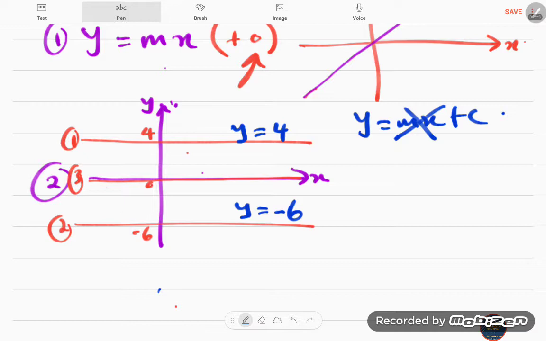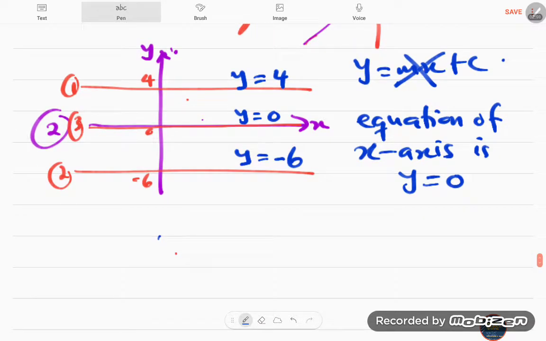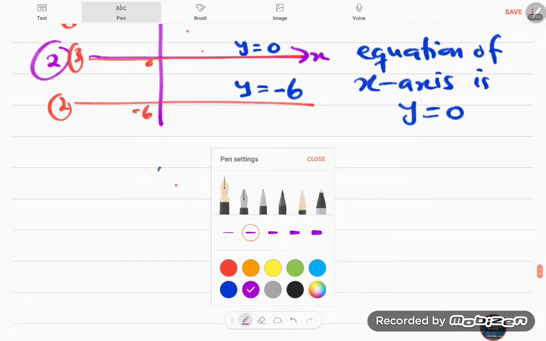Similarly, number 3 is directly on the x-axis. So what that tells you is that the equation here is going to be y equals 0. And that means that the equation of the x-axis is y equals 0. In other words, anywhere on the x-axis, y equals 0. You're going to see how we use this later on in solving equations for where 2 graphs meet or something like that. Similarly, for another graph,